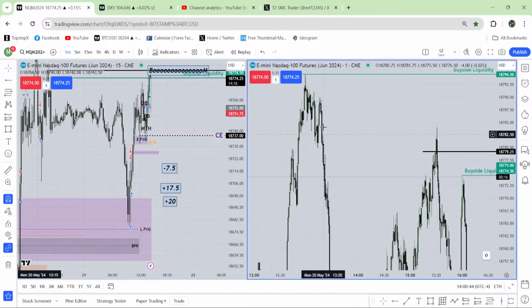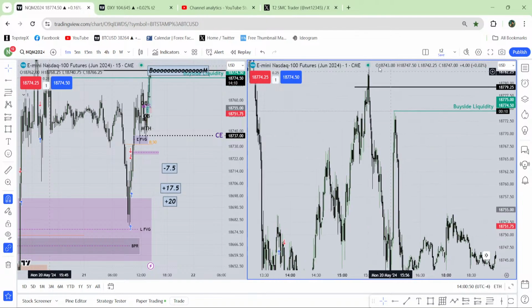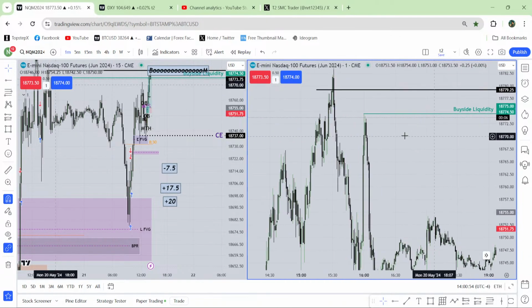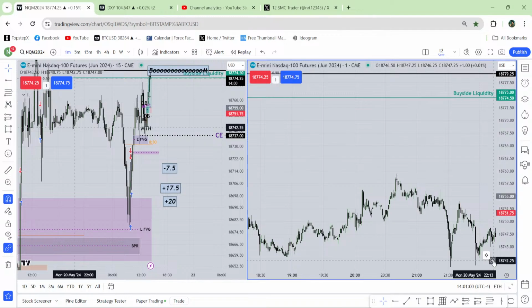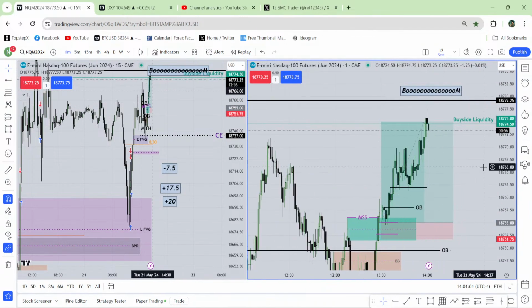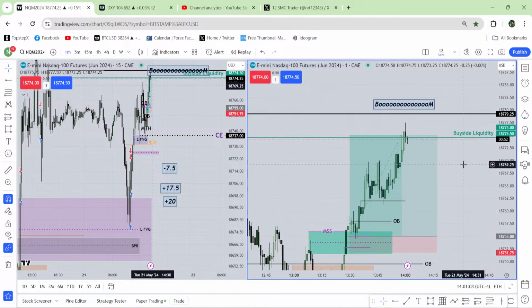Over here I have the last fair value gap from the 1 minute chart as well. So let's see. It is trading the 1 minute last fair value gap from here. This is the 1 minute last fair value gap as well. So I don't believe that it has done its job. It should keep going higher, a little higher at least. At the same time, I'm expecting precision from an unprecise market.